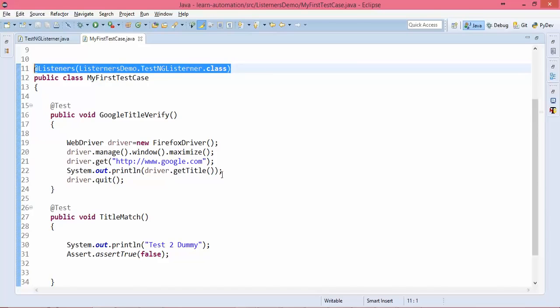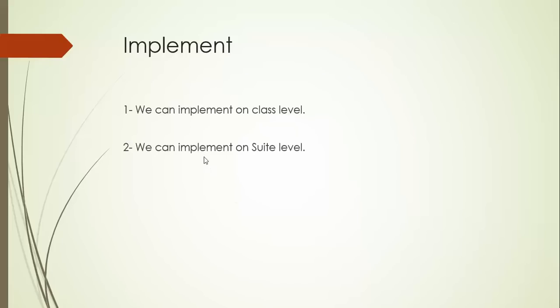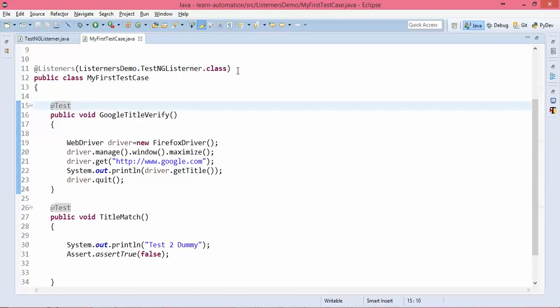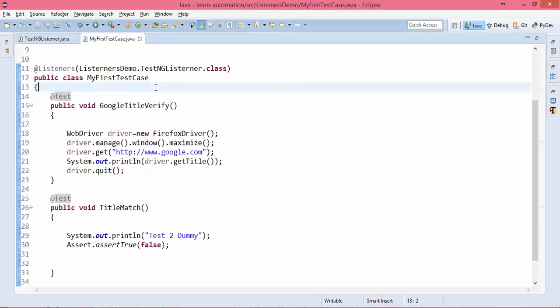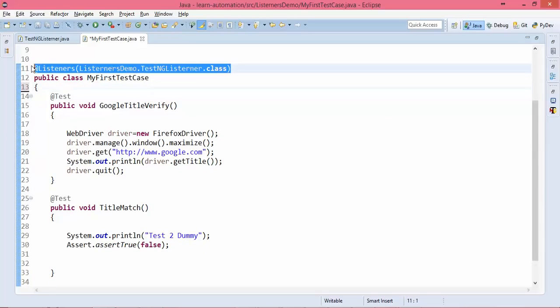So we have another way that I was actually talking about. We can implement it on the suite level, and this is the recommended way. The first one was only to show you how we can implement using the class level. So let's go back, and you need to remove this. Sorry, you need to remove this line number 11